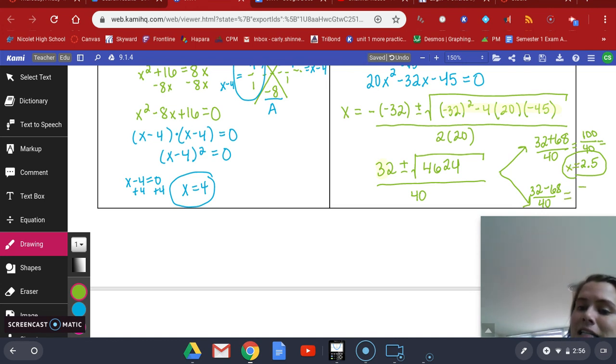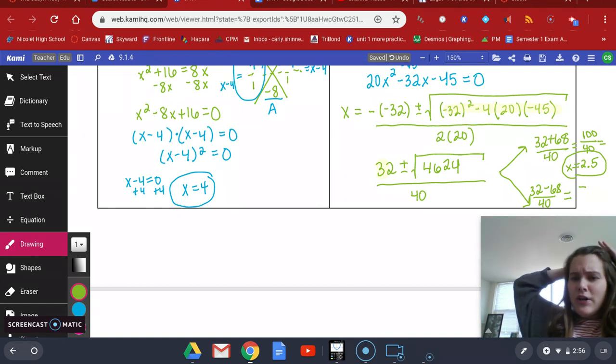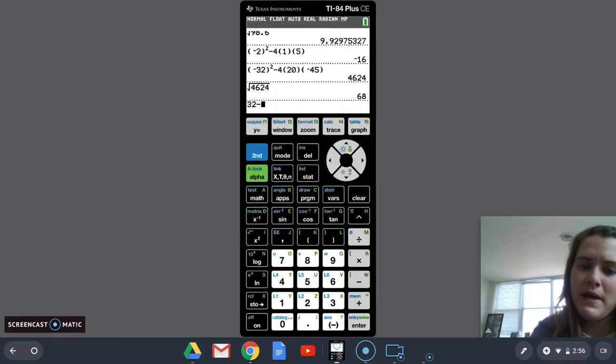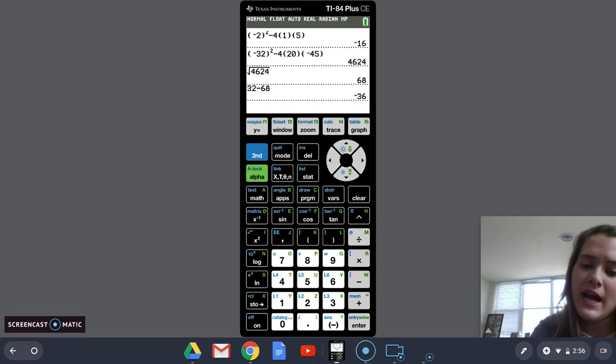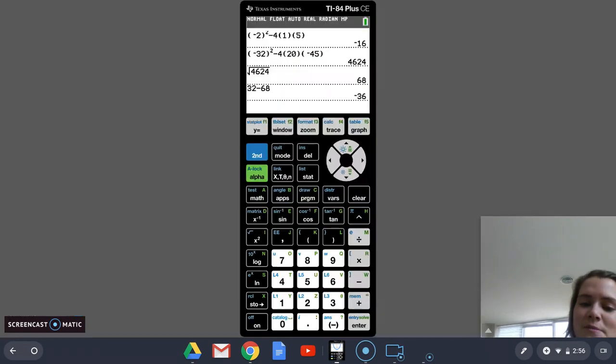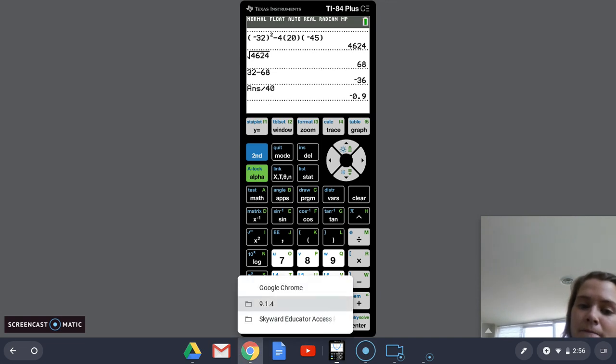32 minus 68, let me think, what's that going to be? I'm trying not to use my calculator. I'm trying to use my brain. 32 minus 68 is going to be... I don't want to make a mistake. That would be so embarrassing. Okay, -36. I don't know why I couldn't do that in my head. Okay, negative 36 divided by 40, and if I want that as a decimal, I can put that in here, divided by 40, and that's going to be negative 0.9. All right, so